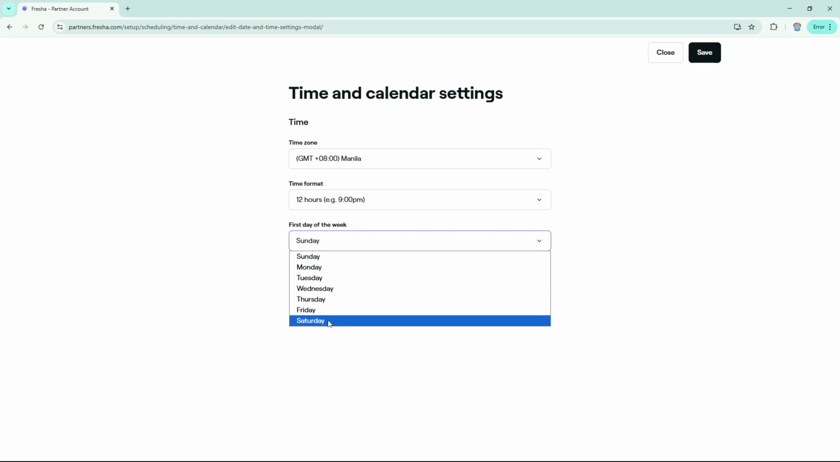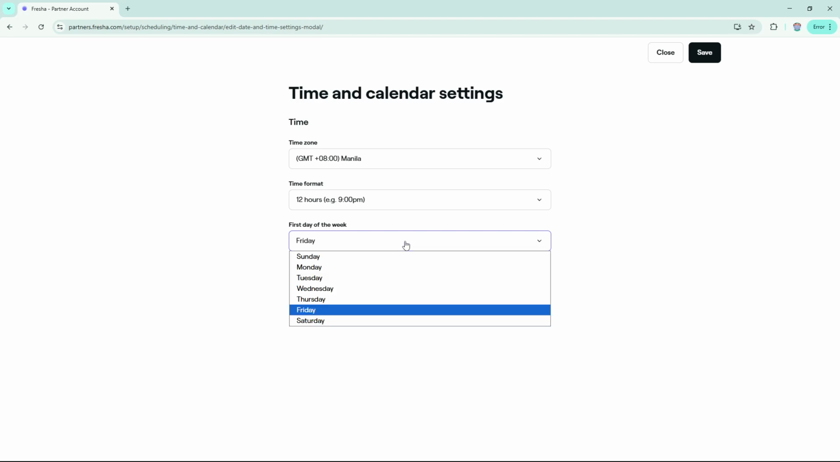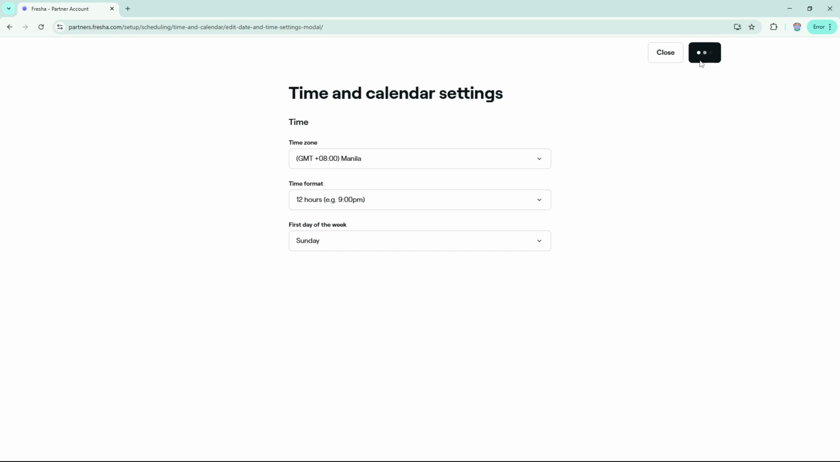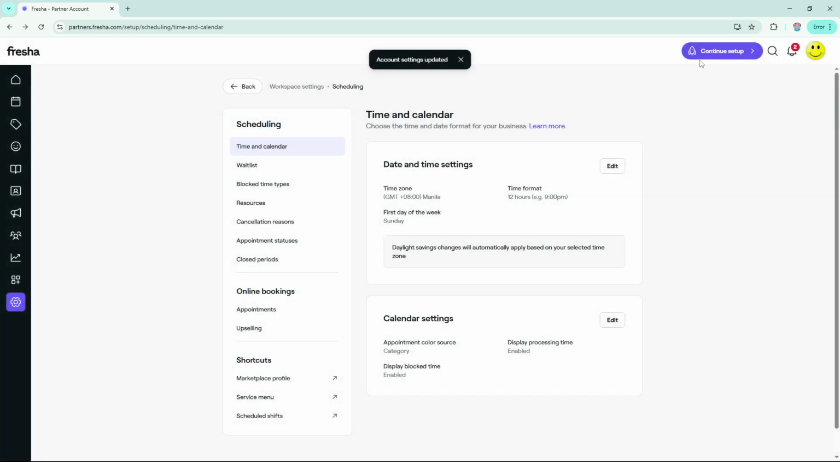When you have made your selection, it's crucial to save your changes. To do this, look towards the top of the page and find the Save button. Clicking this will ensure all the modifications you've made are updated and set in the system. It's always a good idea to double-check that your changes have been saved correctly to avoid any scheduling mishaps later on. And that's it. With these simple steps, you've successfully set the first day of the week on your Fresha